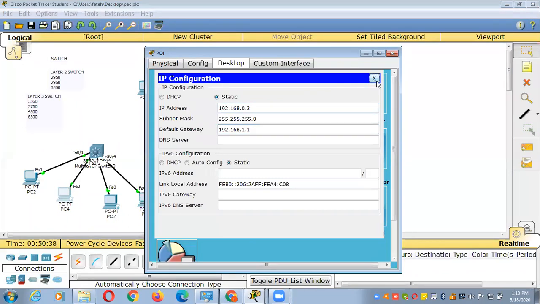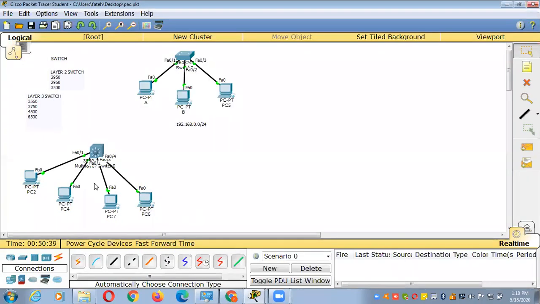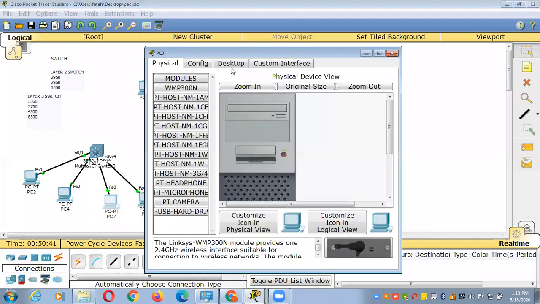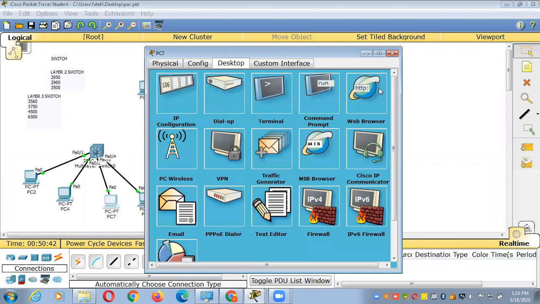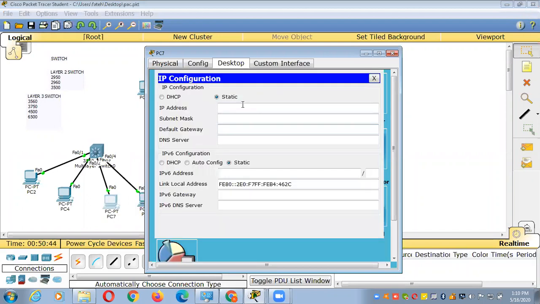Okay. Now these two computers are in VLAN 20. So here I will assign 192.168.1.2 and the gateway will be the VLAN 20 IP address.